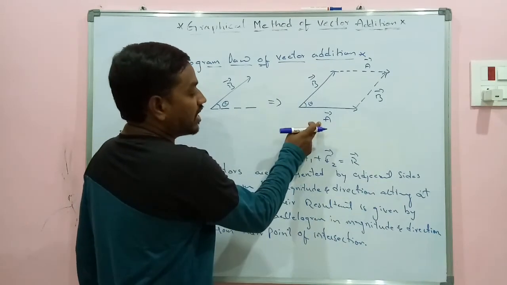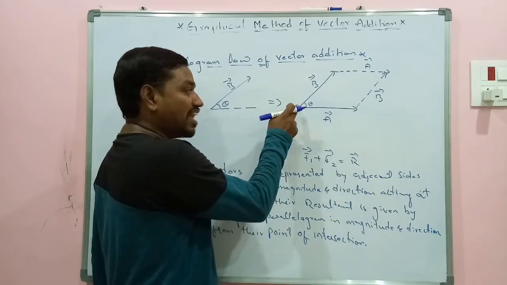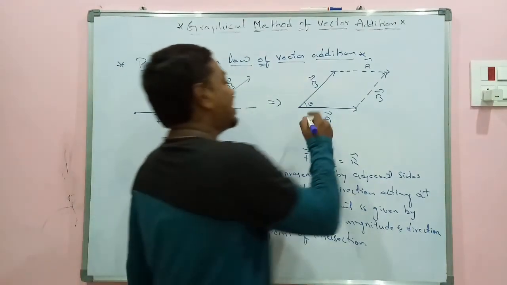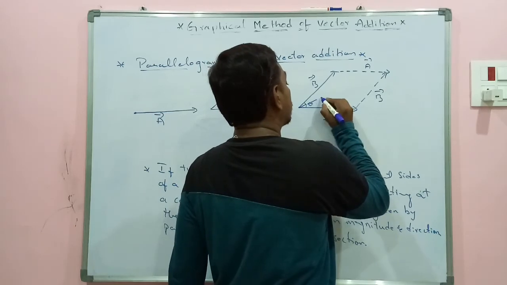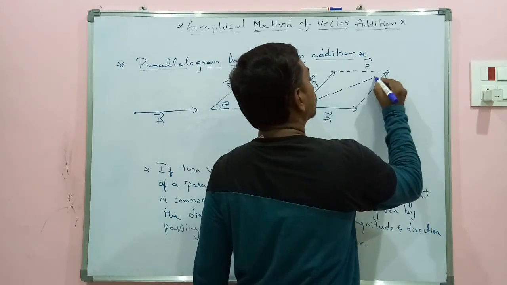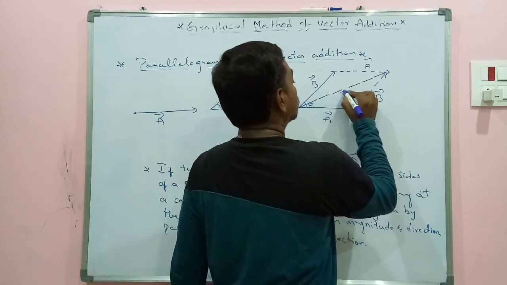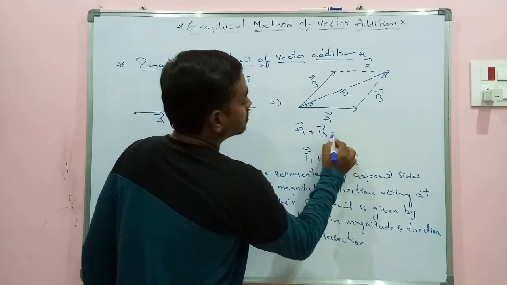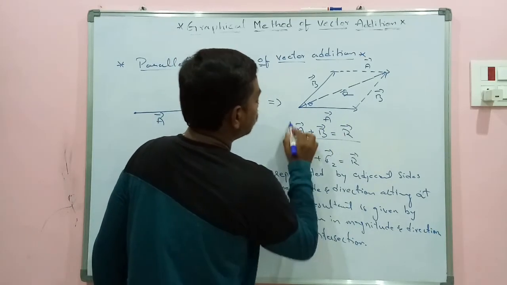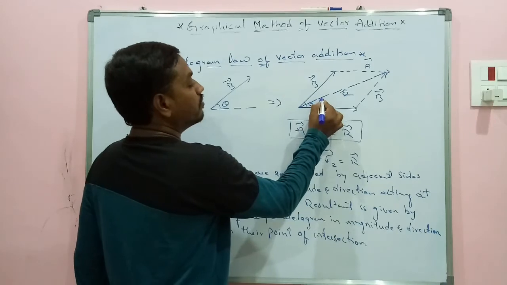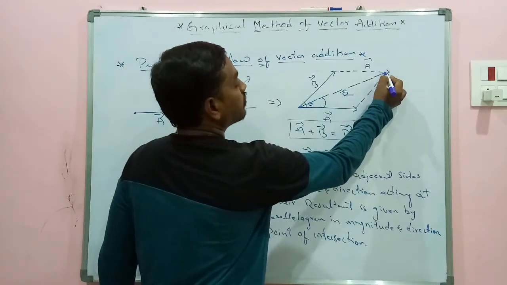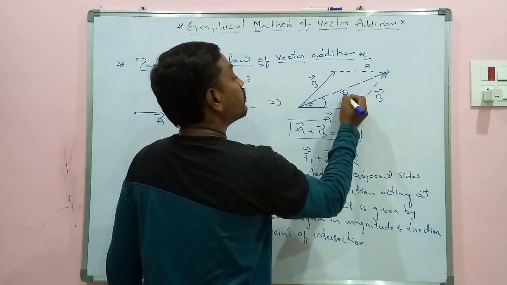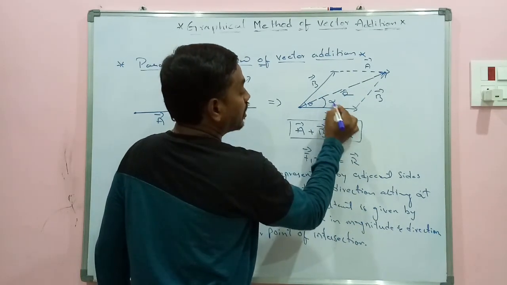So A and B are taken as adjacent sides of the parallelogram such that they are working on a common point. Now the resultant is given by the diagonal passing from their point of intersection. This will be R. I can write vector A plus vector B is R. The length of this particular vector will give you the magnitude, and the angle with your